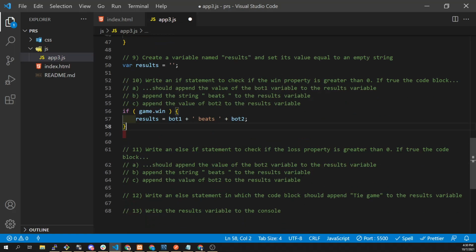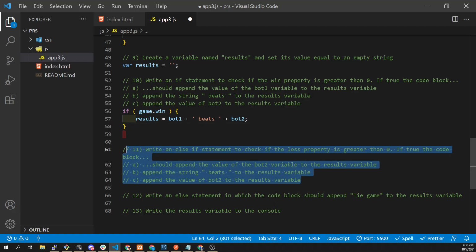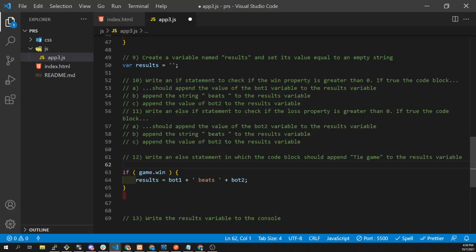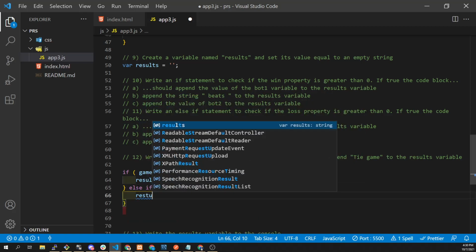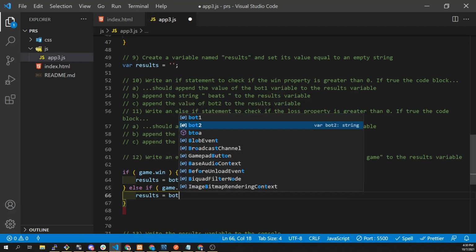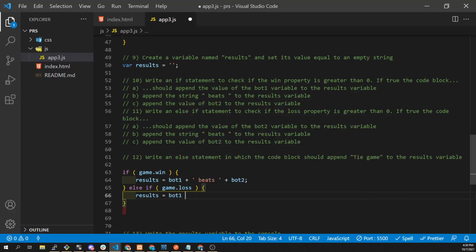Then it's saying write an else if statement. So we're going to combine these two, because this is like the whole line of code, right? So if you lose, else if game.loss, results equals bot1. We say it should append the value of bot2, right? So it says bot2 beats